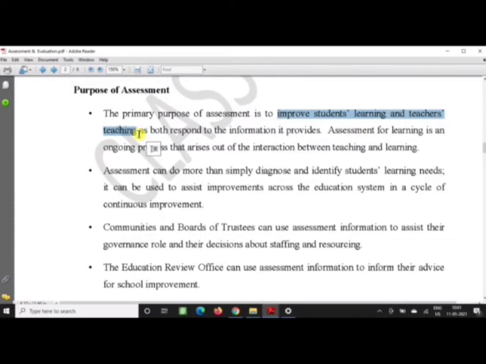As a teacher you are just keeping an eye on a child's performance, the improvement of the child, whether the child is improving or not. But this assessment will also help the teacher to check his or her teaching ability. You are teaching in the classroom, and for example a handful of the students, 4 or 5 students, are doing very well, but the rest of the students are not doing well. In a class of 30 students, only 5 students are doing well and the rest are not.